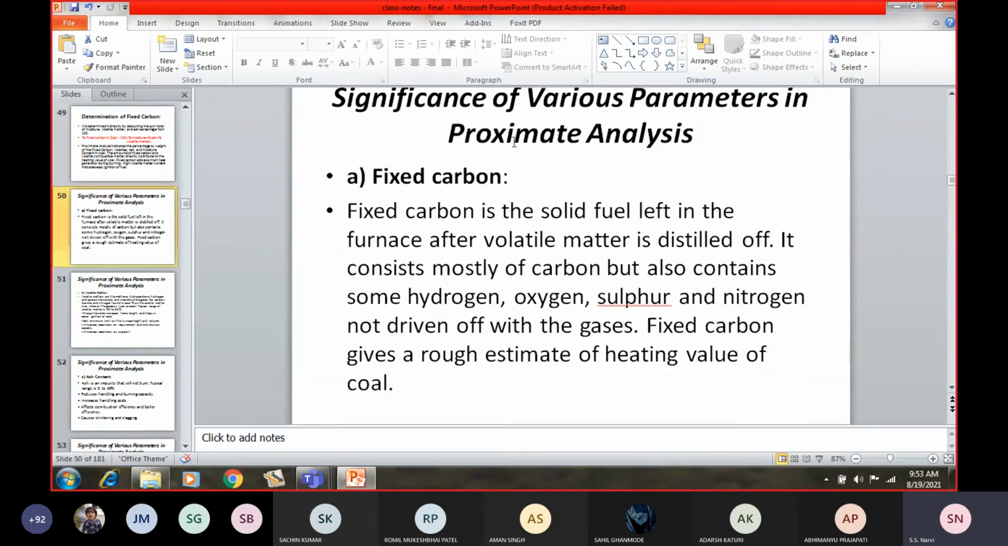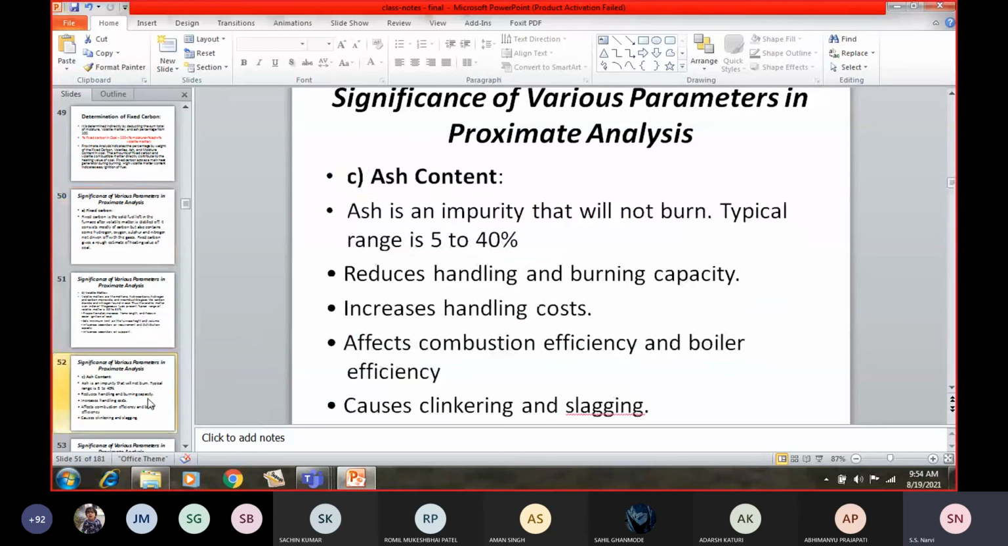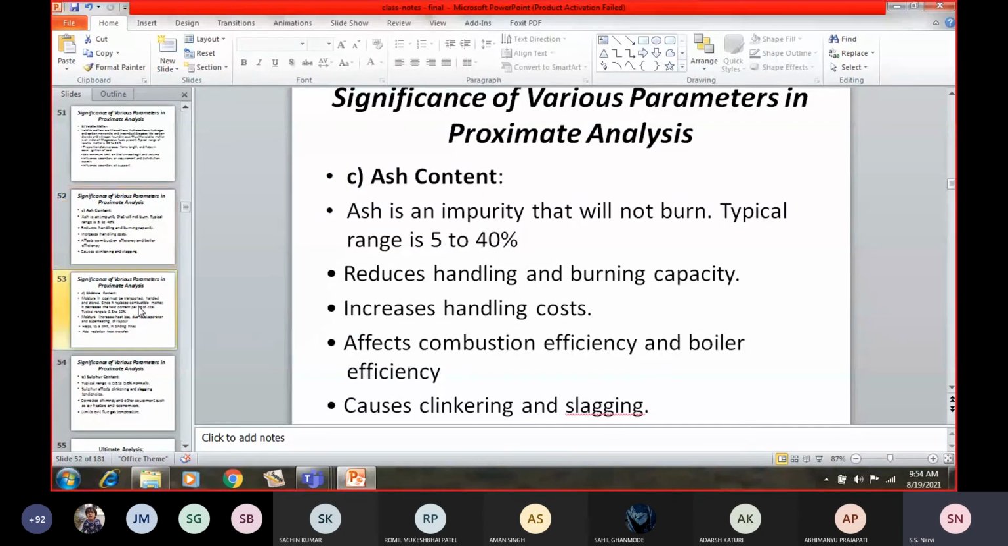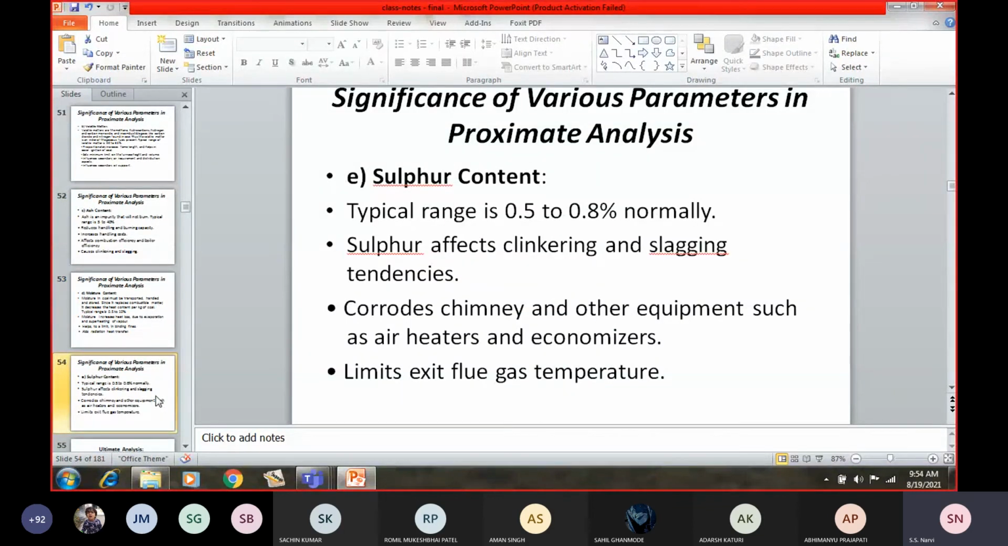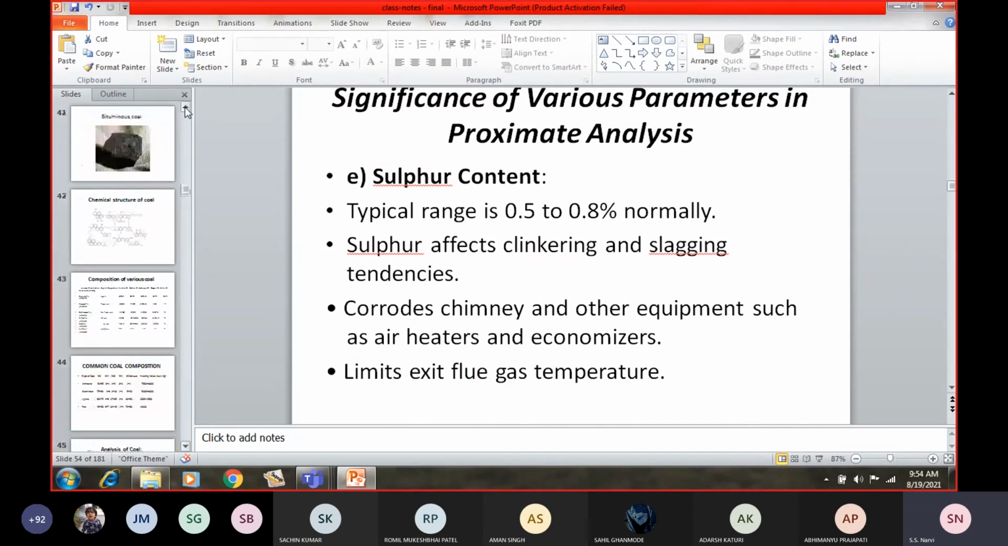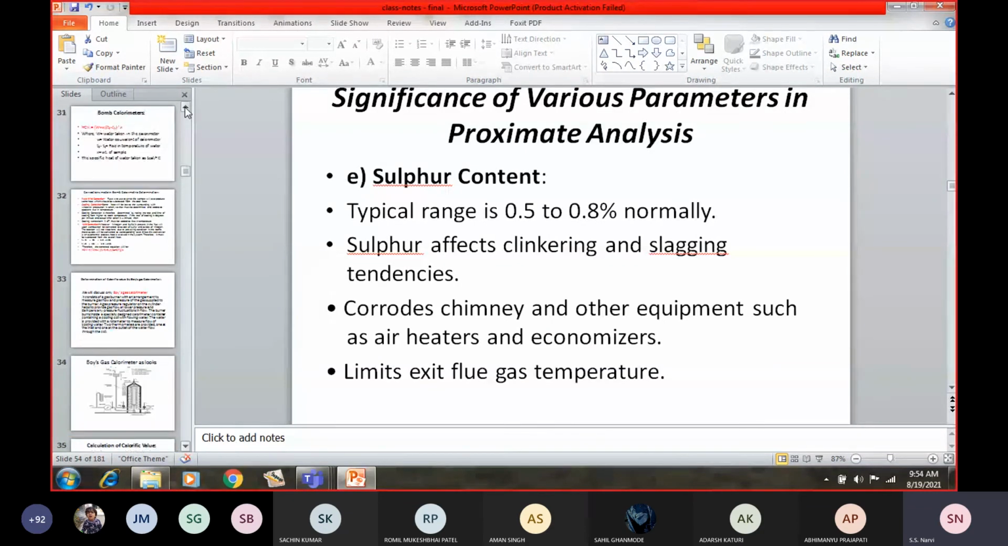Then these are certain parameters, and the significance of various parameters. This I will upload again, and there is no need to discuss it here. These are certain moisture content. This is your sulfur content. Sulfur is determined by a bomb calorimeter. If you remember, I have told you that in the bomb calorimeter,